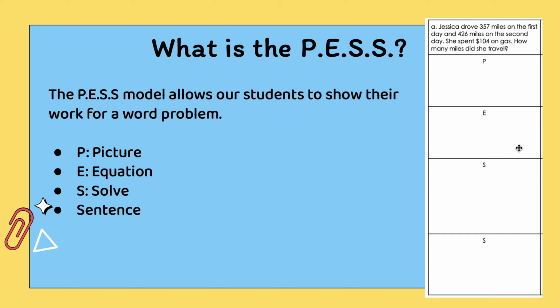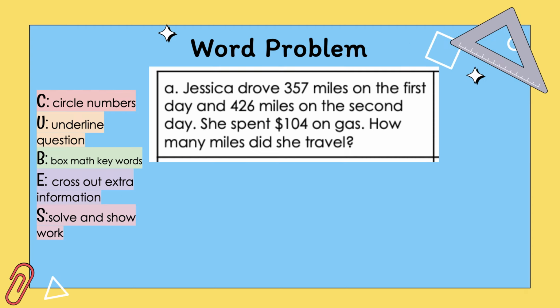The P.E.S.S model also helps students organize their thinking and the information provided in the problem. So let's go do a practice word problem together. Before I read this word problem, I wanted to go over that we use the cube strategy when we solve word problems. Cube stands for circling your numbers that you need to solve, underlining the question,